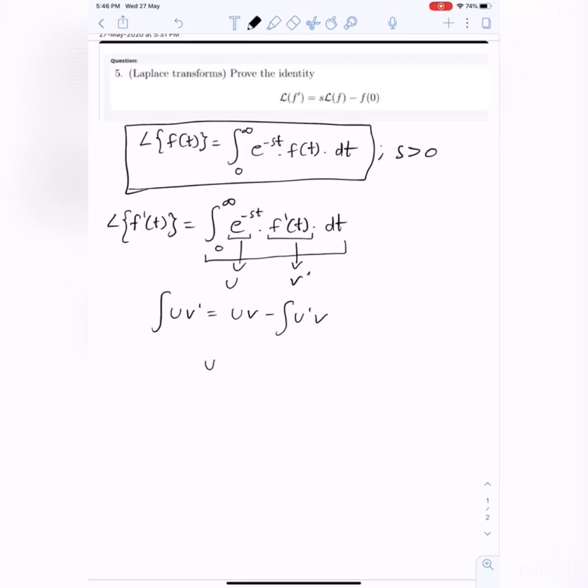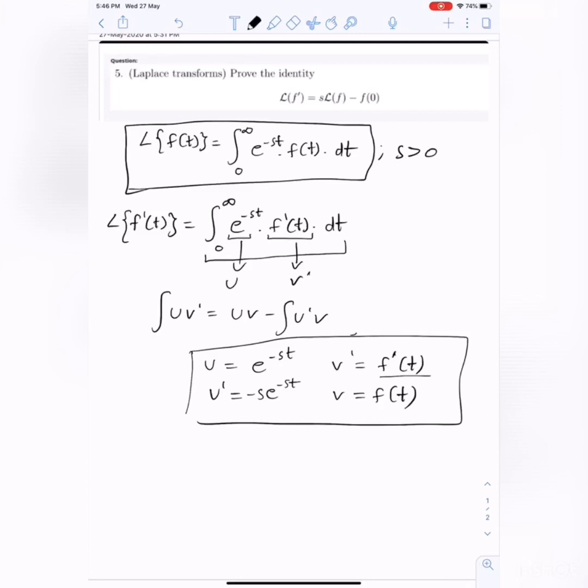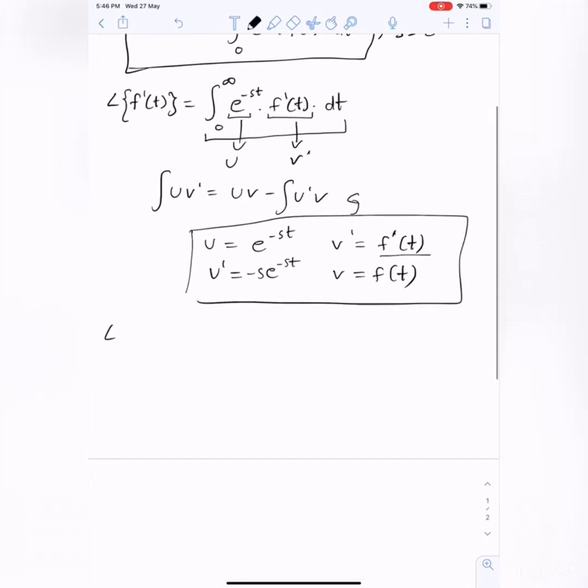So we know u is equal to e^(-st) and v' is equal to f'(t). So u' would be the derivative of e^(-st), that would be negative s e^(-st). The antiderivative v would be the antiderivative of f'(t), that would be just f(t). Now just substituting these four values into this one,